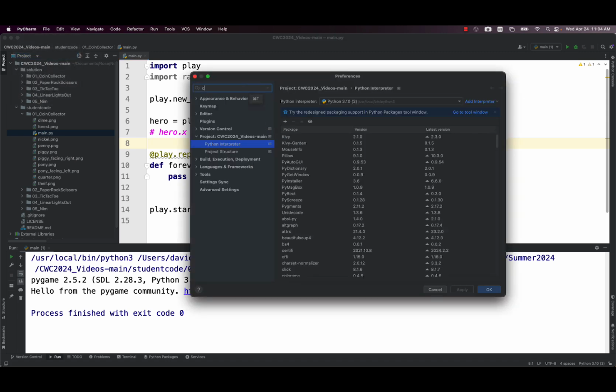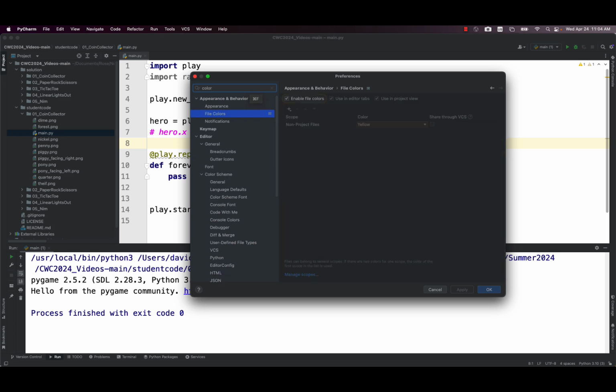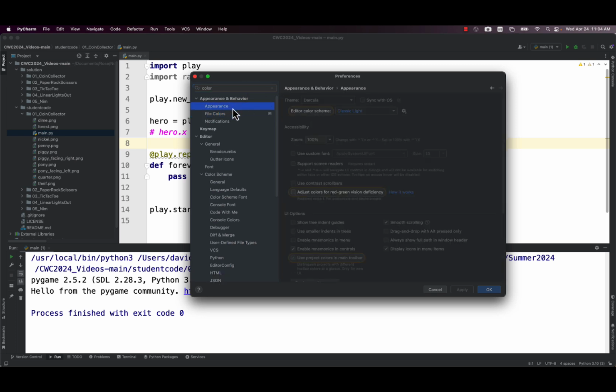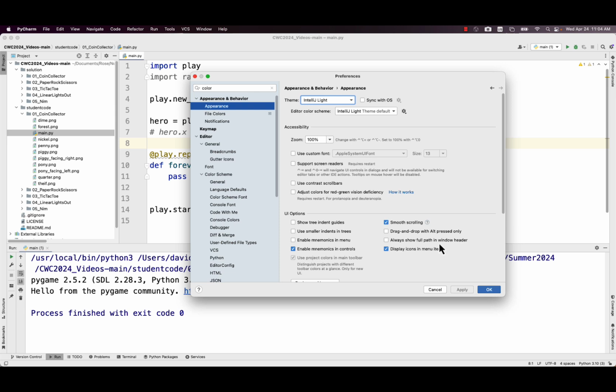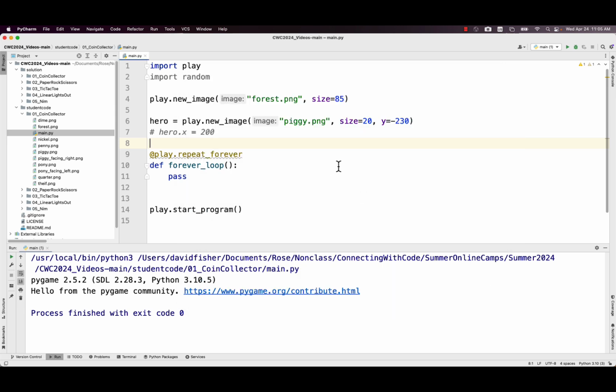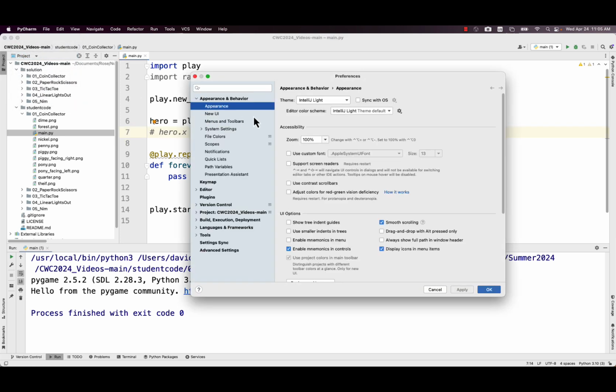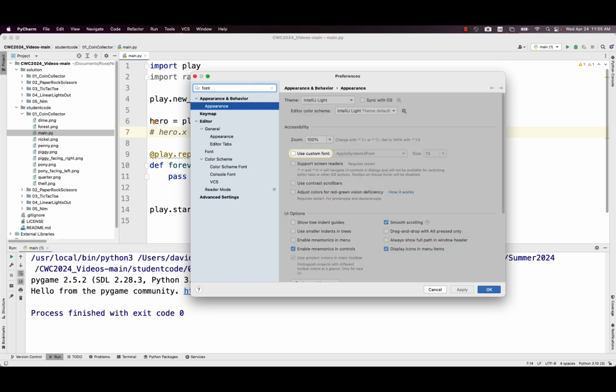There's a whole phase of appearance and font colors and things like that. Looks like I'm using the Darcula theme right now. I don't actually like the Darcula theme. Oh yeah, see, isn't that better? The IntelliJ light theme. Haha, I'm going to go with the light theme. Oh, but now I've lost my pretty colors. You can definitely spend too much time inside the font settings.